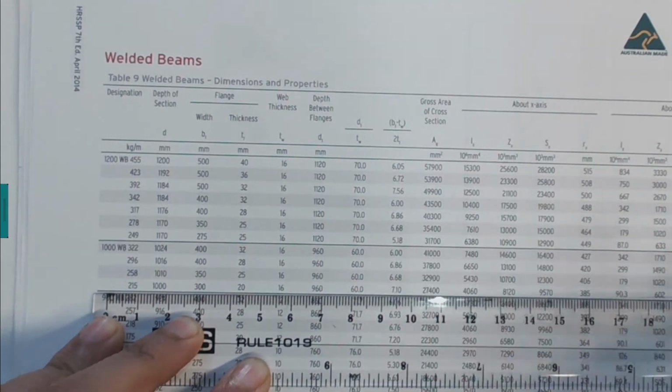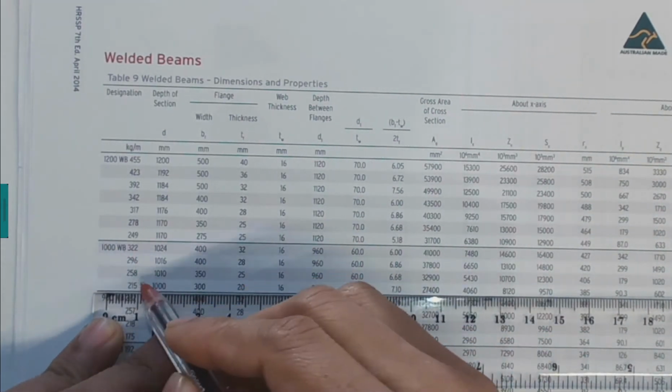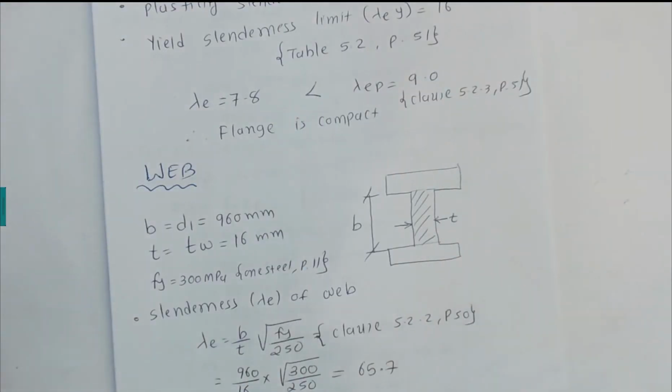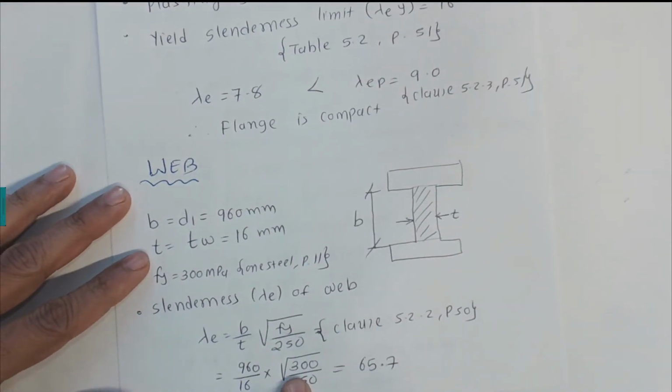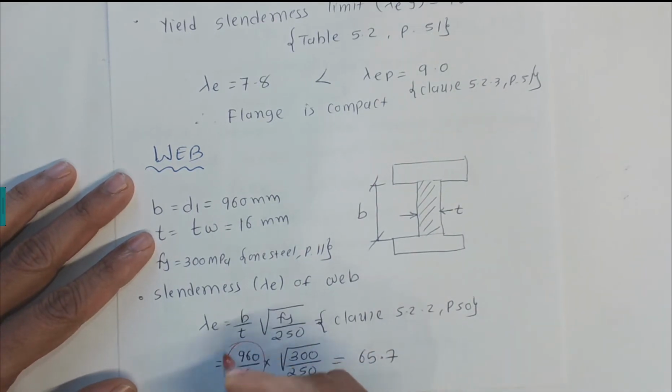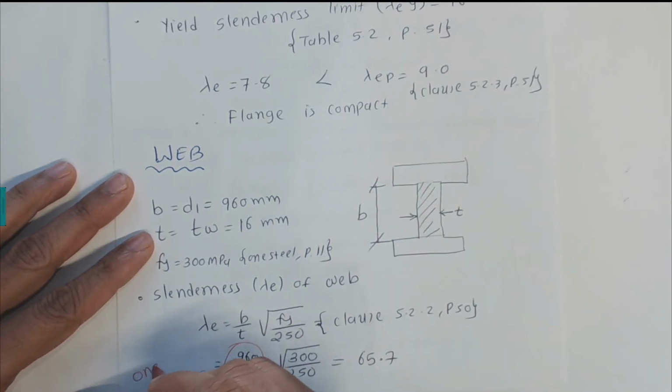So that's 60 value, which is here for 1000 WB 250. We can say that is 60, and we can get it from the steel table,